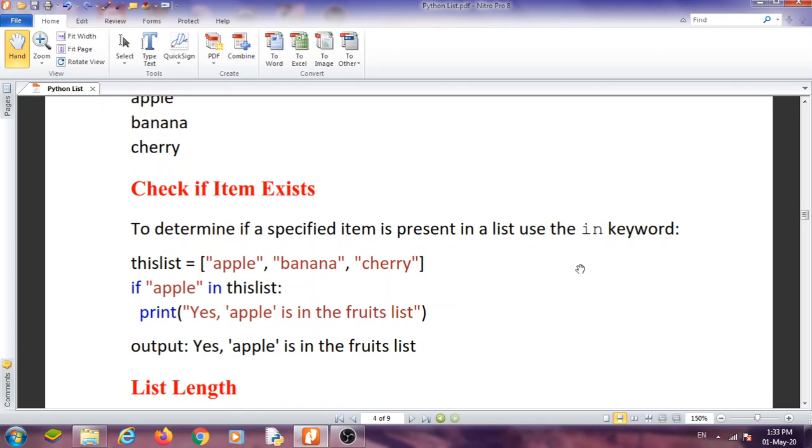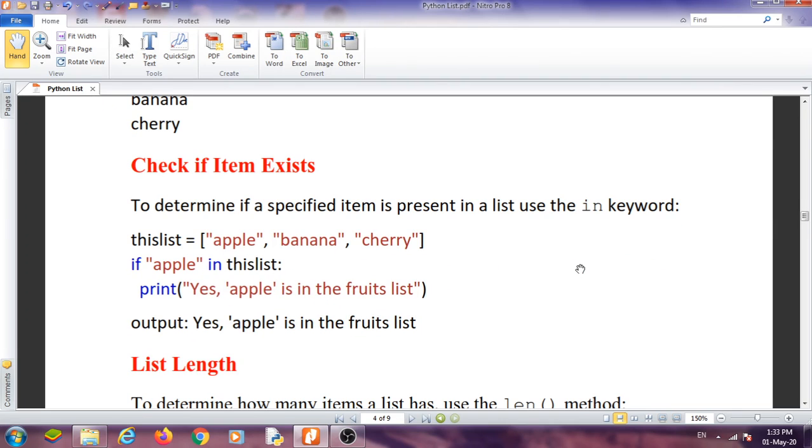Now, check whether an item exists or not. This can be done with the in operator. For example, this is a list, and if apple in this list, this is a complete if condition, and we can use it like this.